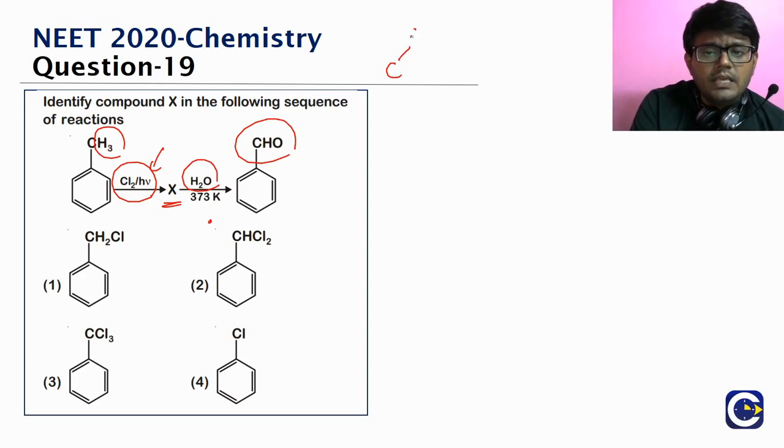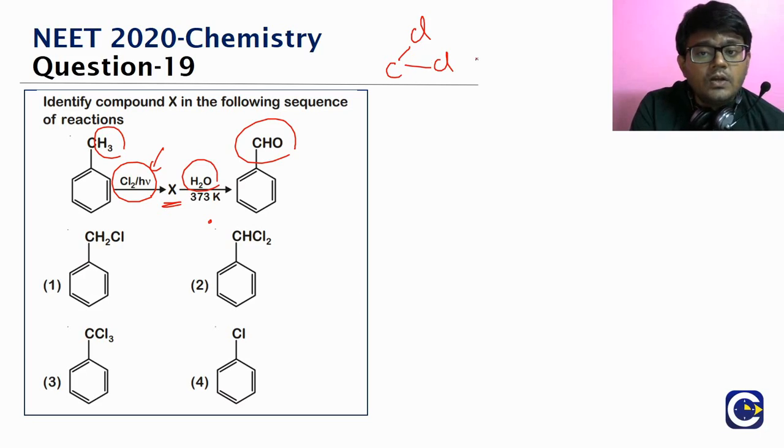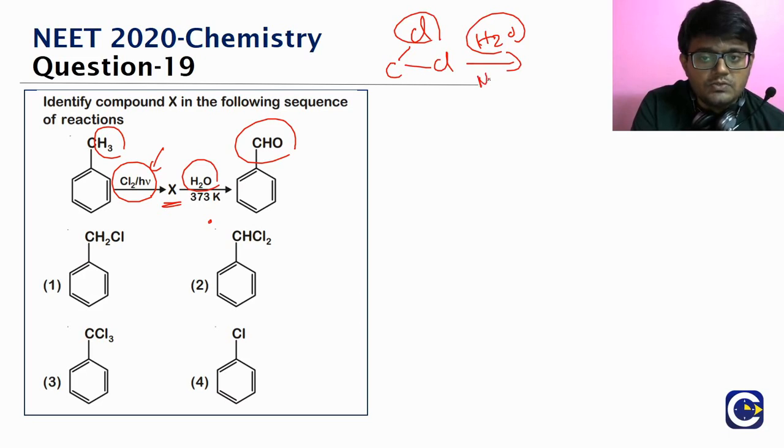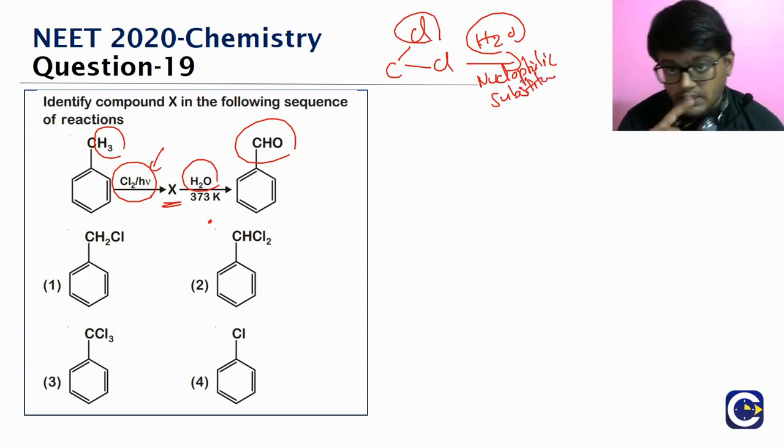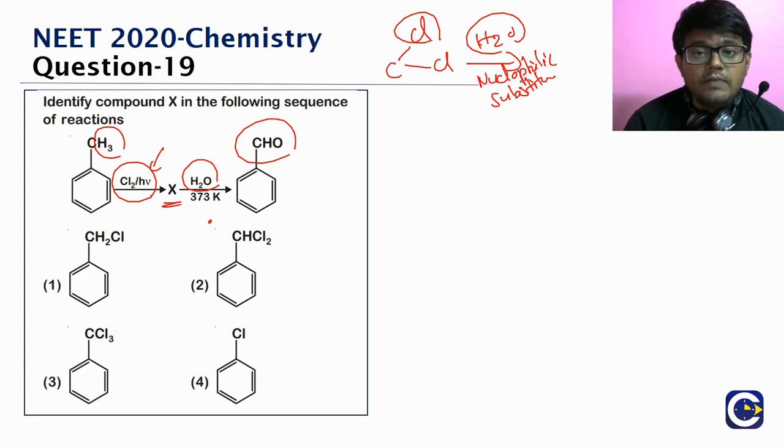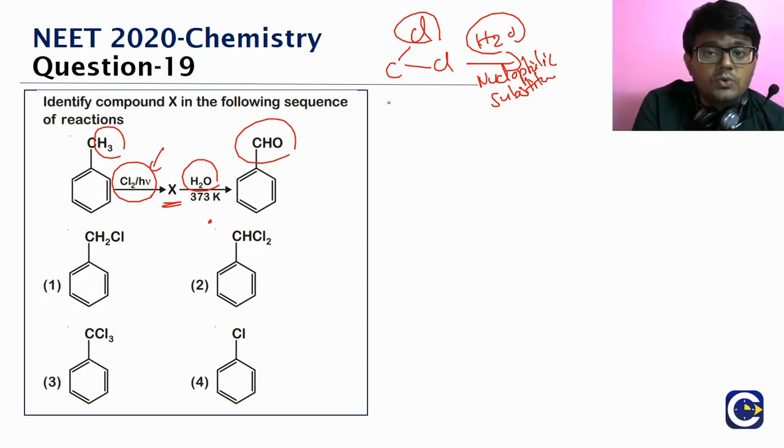Okay, generally what happens, so here if you look at the product of the chlorination, we would get the carbon either mono substituted or di substituted or tri substituted. Okay, so when we have the product on reaction with water, so what is it going to do? There will be a substitution of the chlorines with OH, nucleophilic substitution. So what is going to happen here? There will be a nucleophilic substitution. Okay, so that is what will be happening in the second stage, the reaction of X with water. Now the thing is, when we replace the chlorines with OH group, right, what we are going to be getting is alcohols.